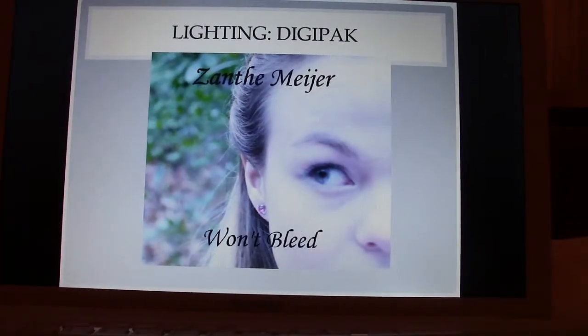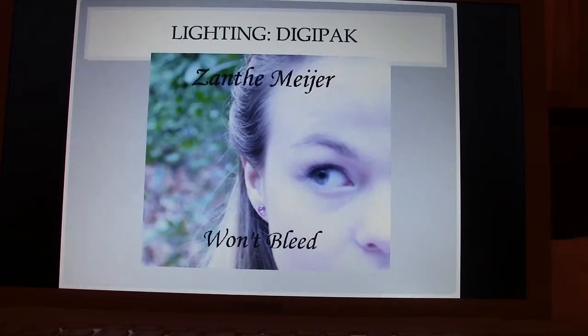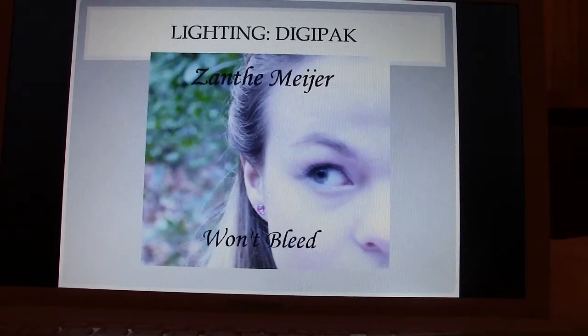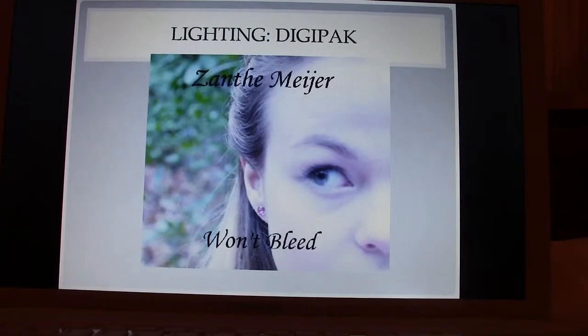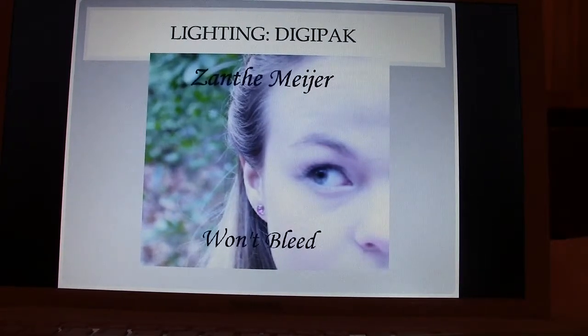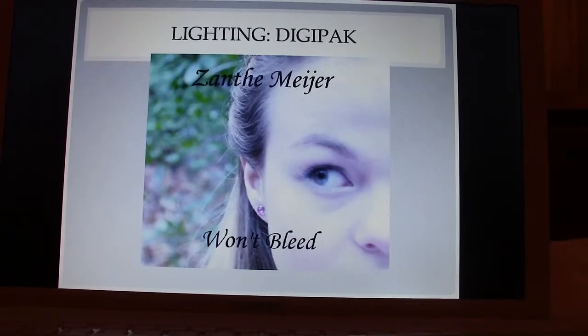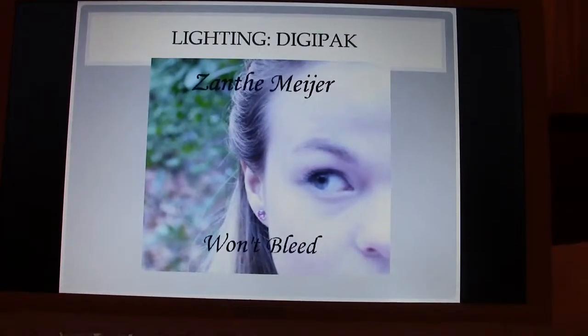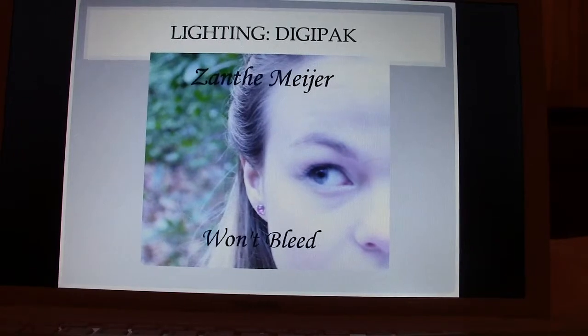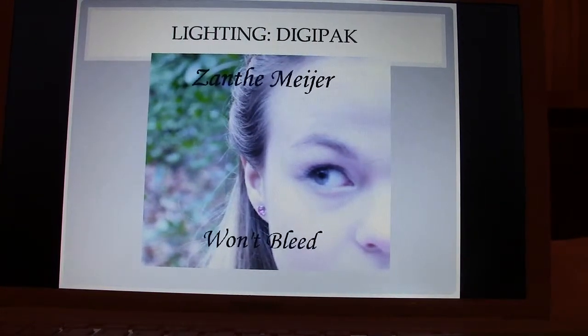The lighting in the digipack is also very high key. I thought that this represented the artist as feminine and innocent and quite pure really well. In fact, it's so high key that it seems to fade into the white of the PowerPoint slide. But I think that is effectively enforced practically throughout the entire music video, besides the odd moment where there's